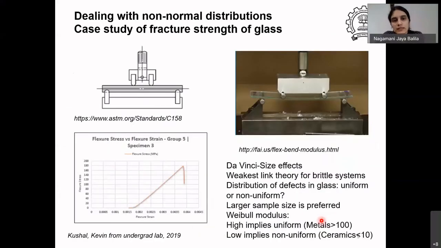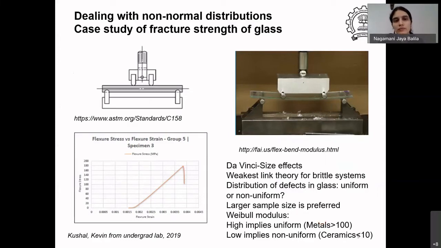Yeah, moving on. The next thing I wanted to talk about is dealing with what are already known as non-normal distributions. Most of the data we tend to see in the real world are normal, and that's the reason it's called normal, because it's so common. But there are certain material behaviors or measurements which are not normal, and it's already known why, so the physics is also known.